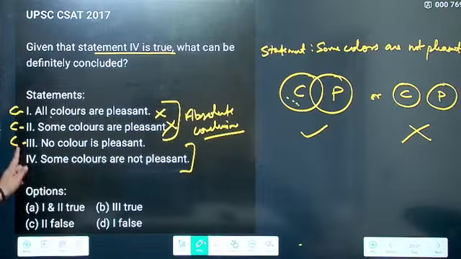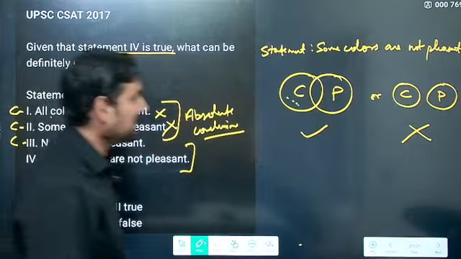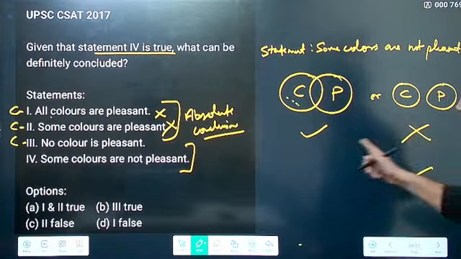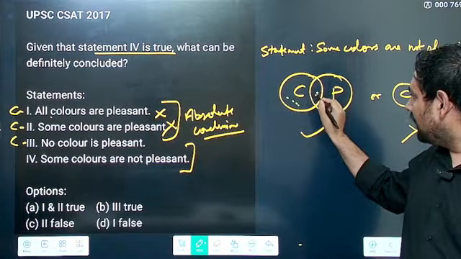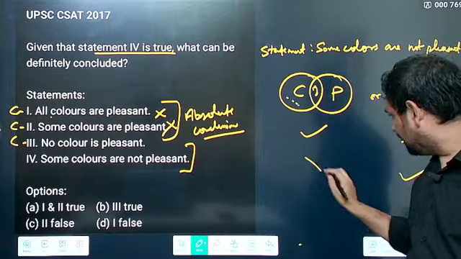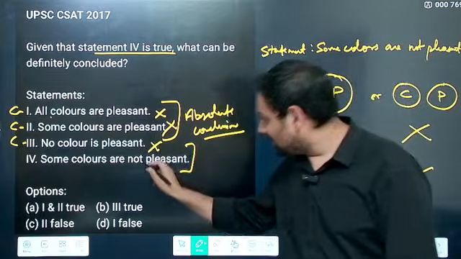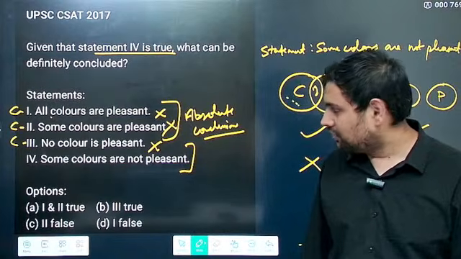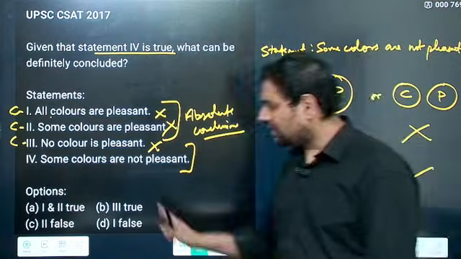Then third, no color is pleasant. No color is pleasant holds in this diagram, but here you do have colors that are pleasant. So here it does not hold. That's why this is also wrong. Then which of these are true? Now if you see the options,